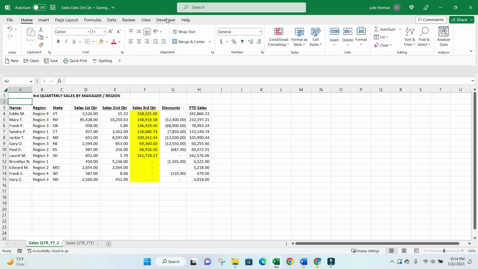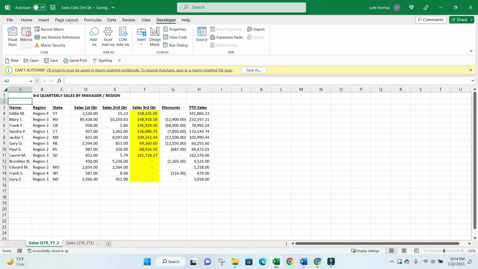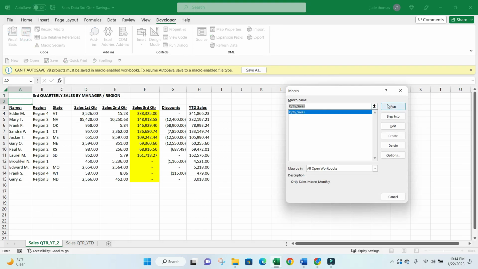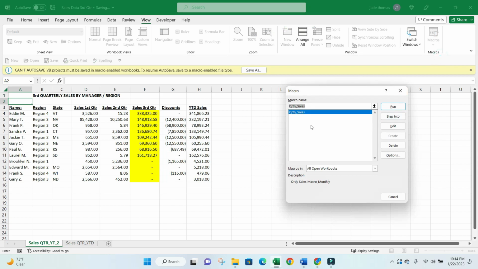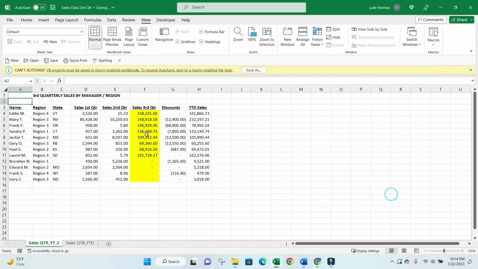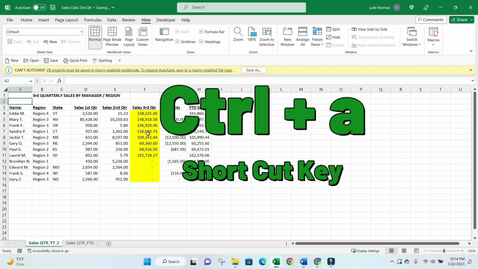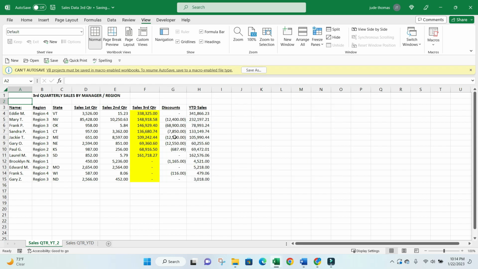The first way is you can go to developer, click on macros, and there's your macros and you can hit run and that'll run your macro. Another way is you can go to view, click on macros, and you can run your macros through view. And the third way is when we first set up our macro, we set up a shortcut key with a control A, and we can do it that way as well. And I'm also going to show you how to create a button to run the macro, but that's going to be our next step. So let's just hit control A,